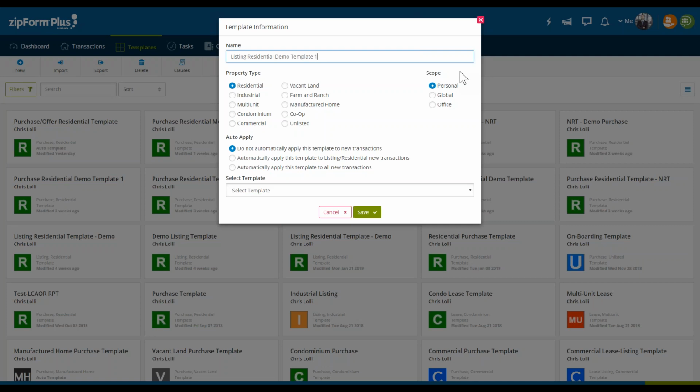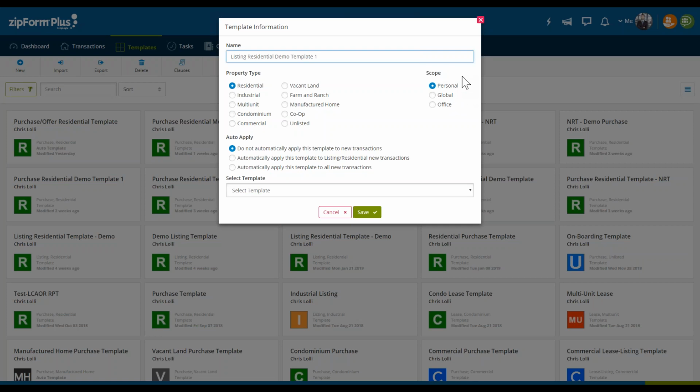Where we're inside of our account and we're creating these templates to create ourselves time-saving capabilities in the long run, right? Well, what I want to be able to do with this particular template, if I'm in a broker admin or an office admin or a transaction coordinator style account with ZipForm Plus, you may have access to global or office. But because I'm in an individual agent account, I don't necessarily have access to it, but I'm going to explain what they do. So any account with ZipForm Plus is defaulted that you have access to personal.